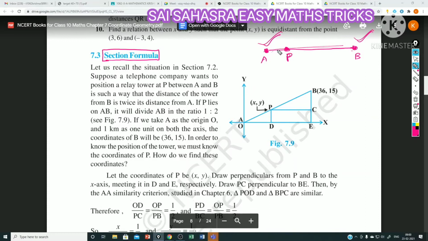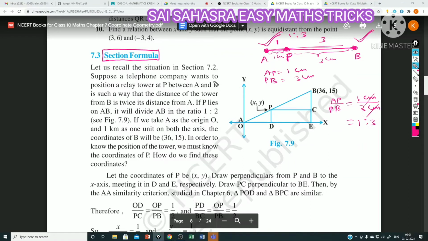In some ratio. In some ratio means, for example, I am telling this is one part, so this is 3 parts. For example, if it is 1 centimeter and this is 3 centimeter, so the ratio will be what? AP is 1 centimeter and PB is 3 centimeter. The ratio will be AP by PB. Ratio means division. AP by PB is what? 1 centimeter by 3 centimeter. Centimeter gets cancelled. 1 by 3 can be written as 1 is to 3. So the ratio will be what? 1 is to 3. Is it clear, everyone?